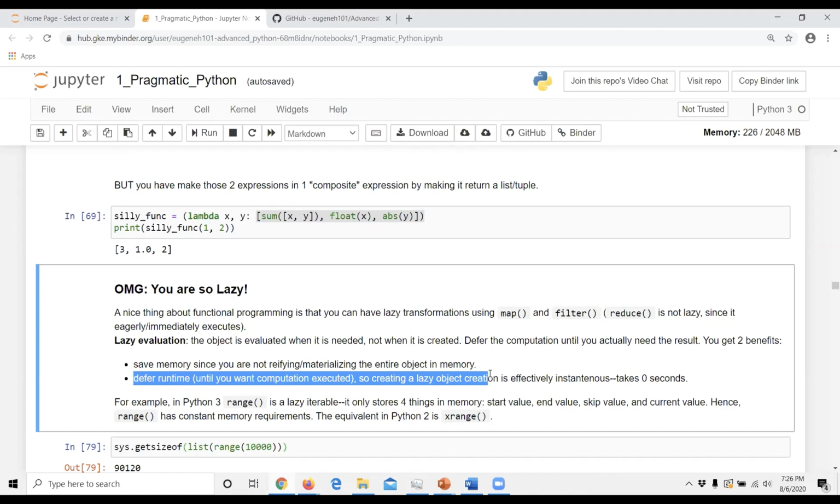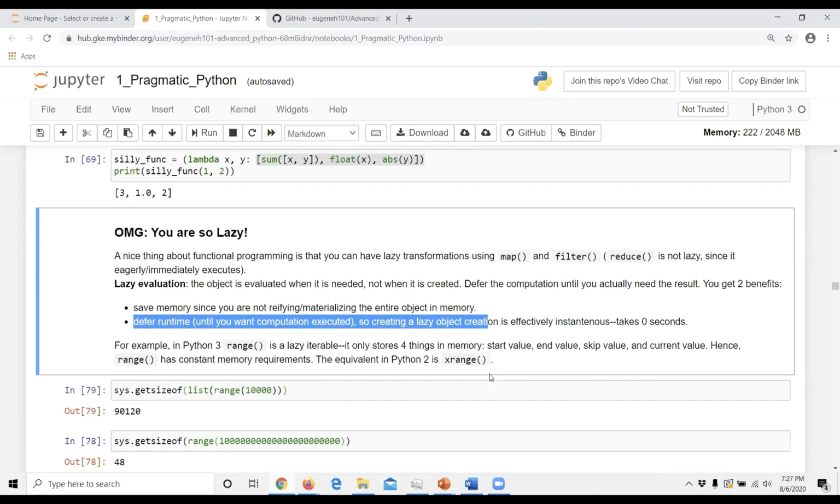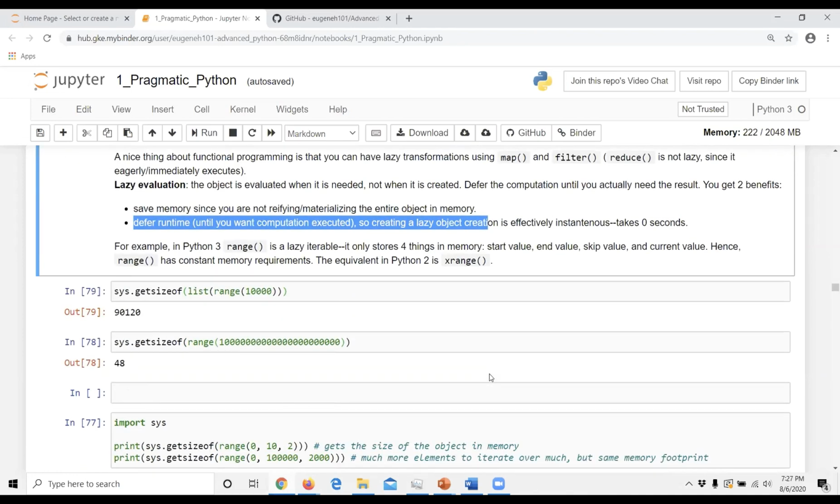But when you use map or filter, you're able to amortize the runtime at each invocation of the next element in that generator. So if you don't use the entire generator, then you cut down the amount of time you're using. So deferring runtime not only defers runtime, but also can cut down on runtime if you terminate the loop prematurely.